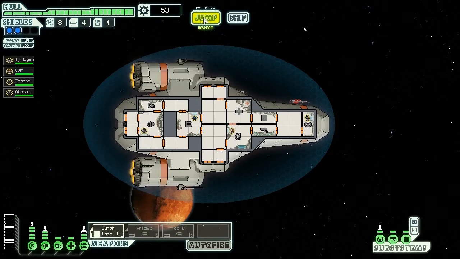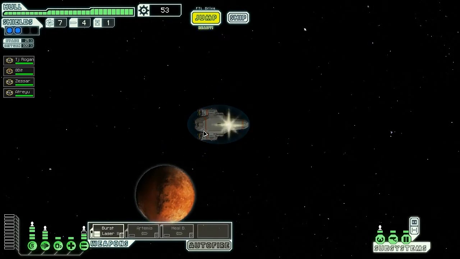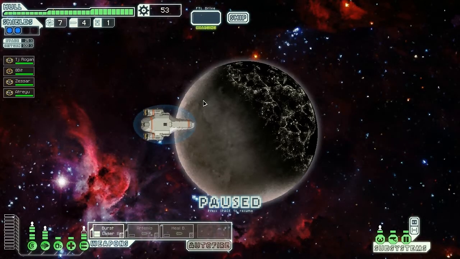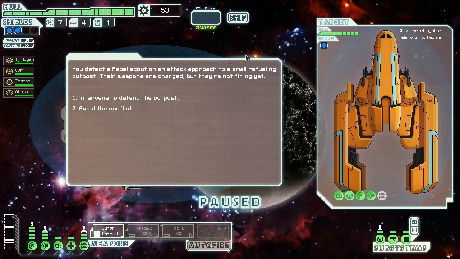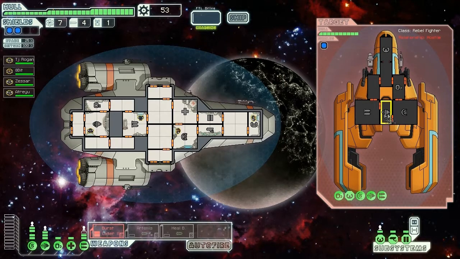Alright, and we got lots of fuel from that guy. That's good, because, as I said, I consider 8 running short. And, ooh, there's a refueling outpost here. Alright, so we're going to want to defend this outpost. Because, well, we want access to this...